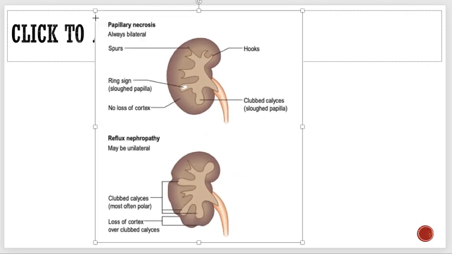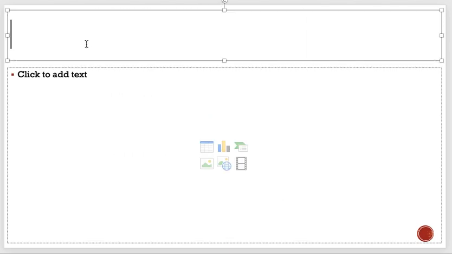See this one, this is the normal reflux nephropathy, where the reflux is there. In pediatrics we have studied this thing. See the collecting ducts here, and this is in papillary necrosis. Spurs can be seen, hooks can be seen, renal sign, slough papilla, and there is no loss of cortex, but here there is loss of cortex. So anyhow, we are going to cover